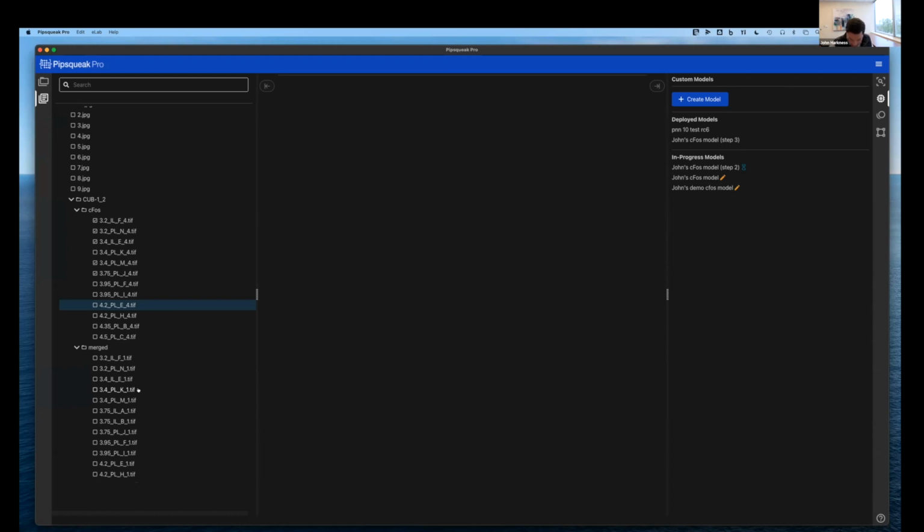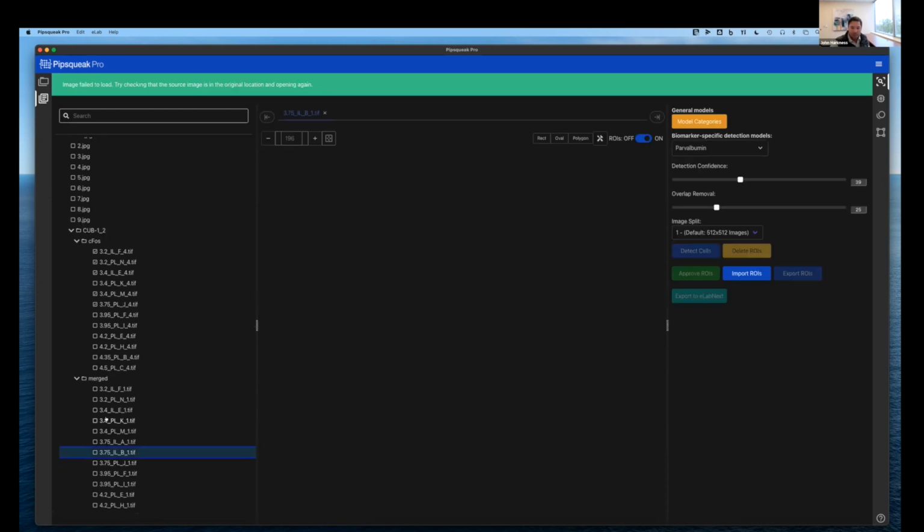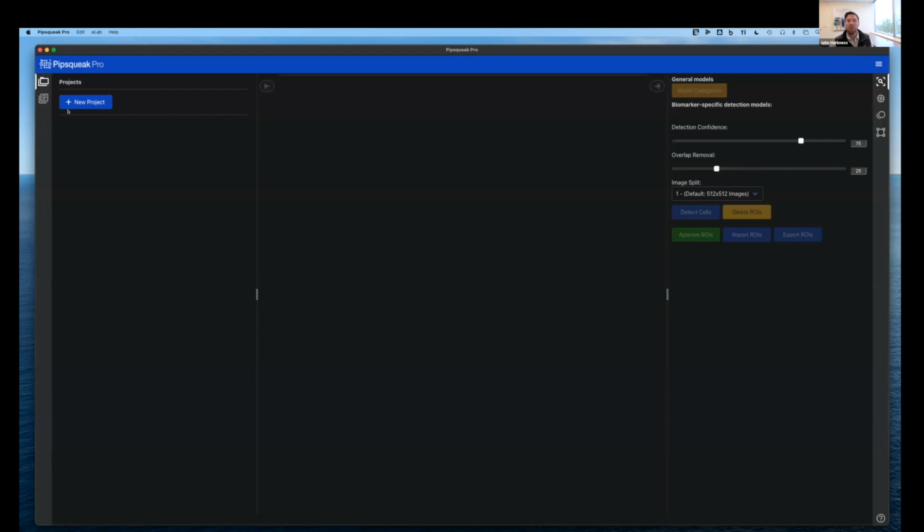Let's see. Oh yeah, there are a couple other really exciting features here in Pipsqueak that we've introduced in 2.0. One of the things that we've done is something that I was showing off here. Oops, take an image here. You know what? I think I'm just going to restart my Pipsqueak real fast. And so one of the things that we've produced here is